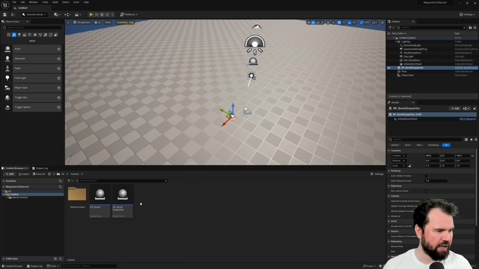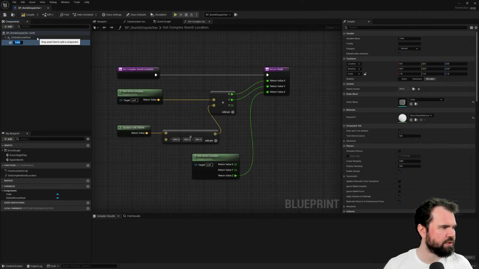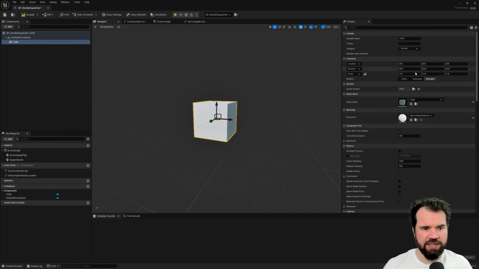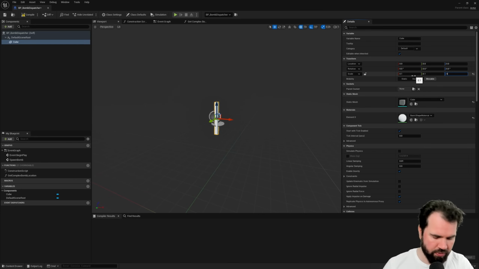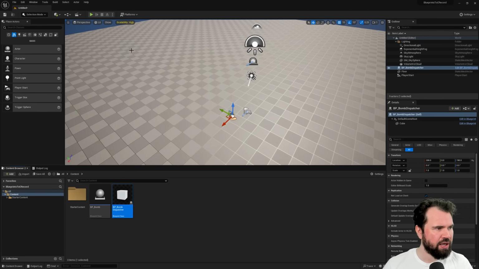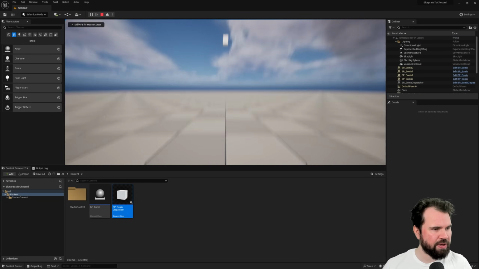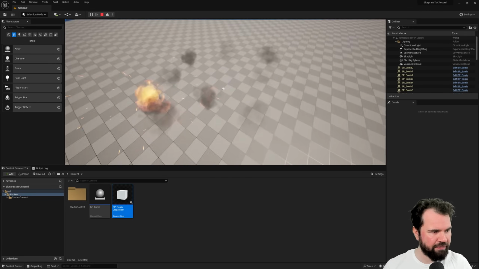We can even go in, and if we add a plane, let's add a tiny cube, just so that we see where it is. Let's call this 0.01, 0.01, 0.01, just so that we see it in the world. And now that we play, we can see that it's here, and all of these bombs are being spawned level